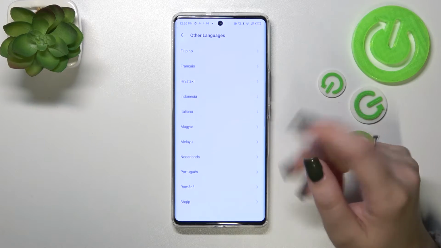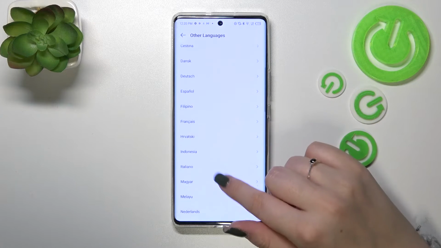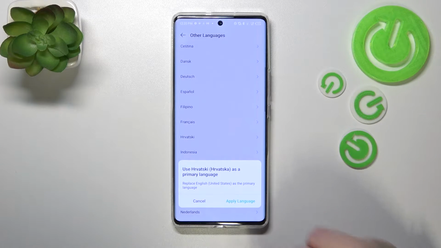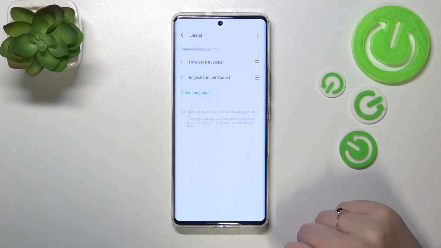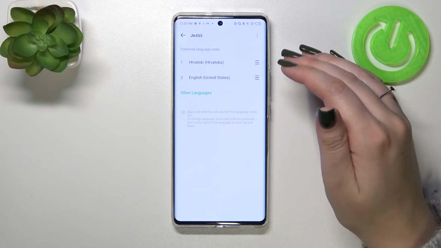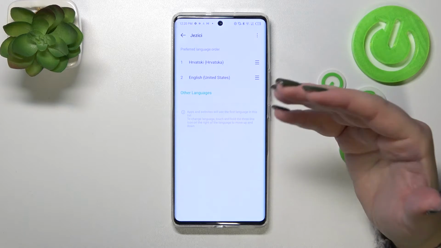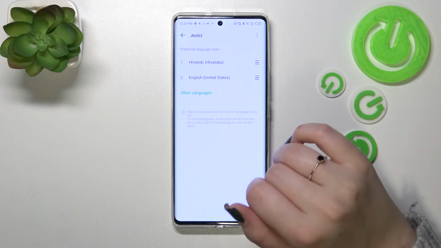we can choose. So basically all you have to do is to simply find the one you'd like to set and tap on it. So let me pick this one, for example. Your device will ask you if you really want to do it. So let's tap on apply language, and as you can see, newly added language will immediately appear at the very top of the list, and that's why it is also immediately set, because